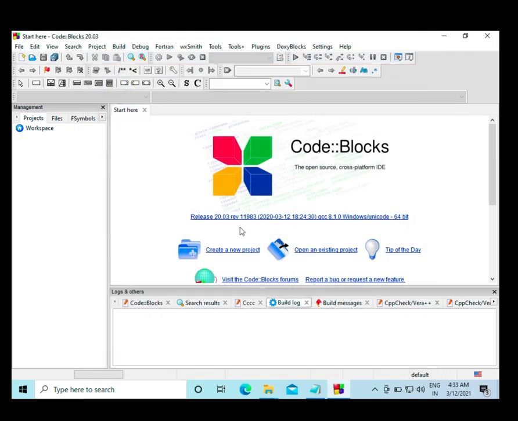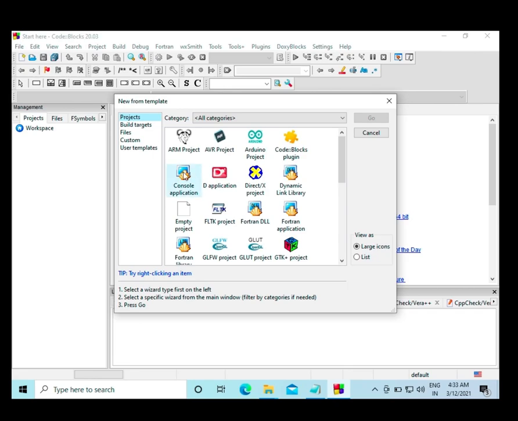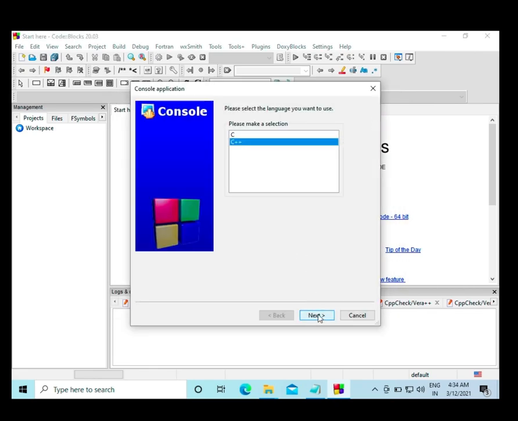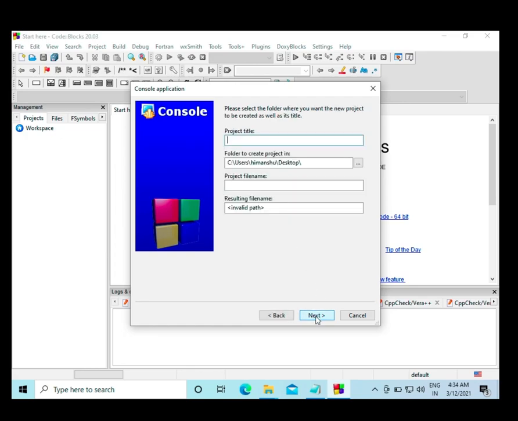Okay, now my Code::Blocks graphics file is configured, and we need to just create a new project so that we can check. Console application, go C++, next, and we need to give a name.